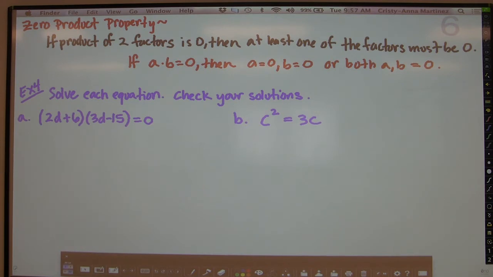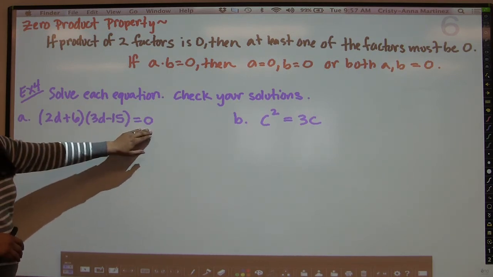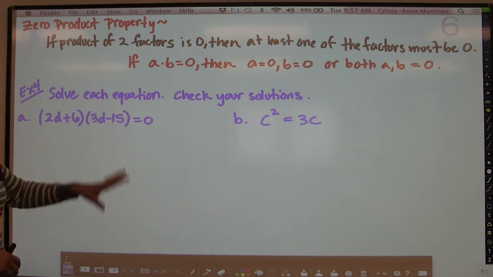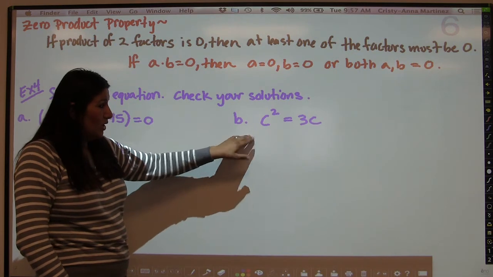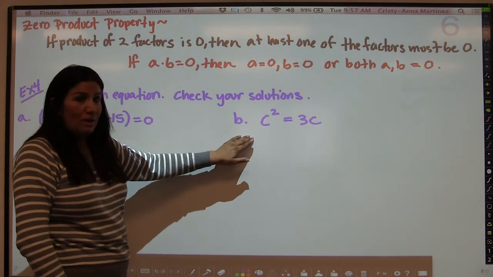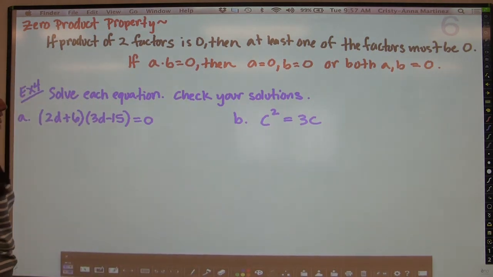But before we get started, we need to make sure that you understand the zero product property is exactly what it says it is. It's when you have a product that is equated to 0. That is really important. You have to have the expression equated to 0. Like part A says equal to 0, it's already ready for us. Part B is not equal to 0. Before we can do part B, we're going to have to do a little bit of rearranging, because the only way that the zero product property applies is if it's equal to 0,